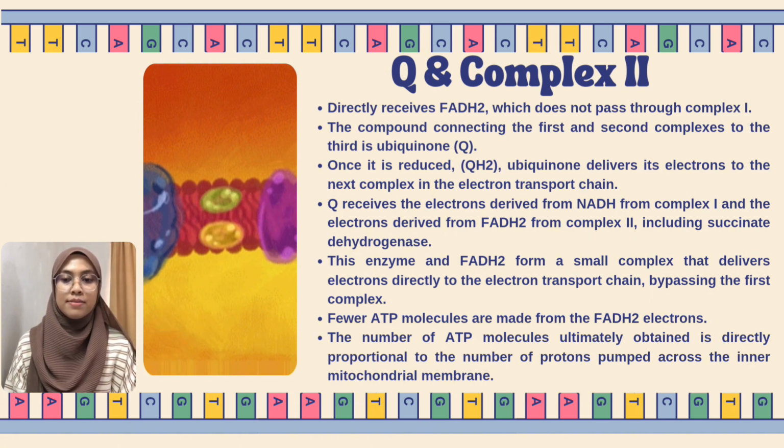succinate dehydrogenase. This enzyme and FADH2 form a small complex that delivers electrons directly to the electron transport chain, bypassing the first complex. Since these electrons bypass and thus do not energize the proton pump in the first complex, fewer ATP molecules are made from the FADH2 electrons. The number of ATP molecules ultimately obtained is directly proportional to the number of proton pumps across the inner mitochondrial